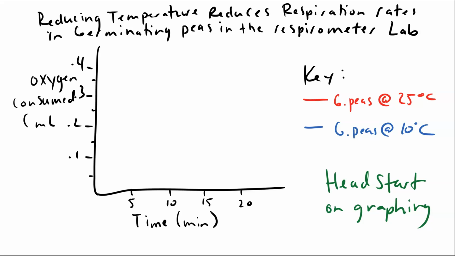I know this is a longer video, but I hope this helped you to get a good head start in understanding respirometer labs and how they can show you cellular respiration rates in various organisms. We've been looking at germinating peas in this experiment, but really you can put anything that undergoes cellular respiration inside that vial. And I've seen some people do some fun and weird stuff where you put crickets and other sorts